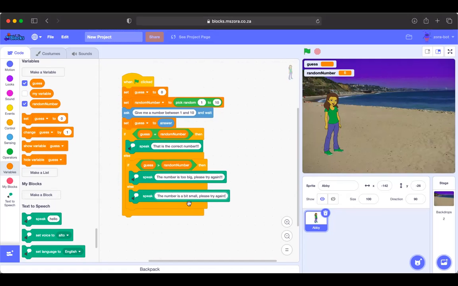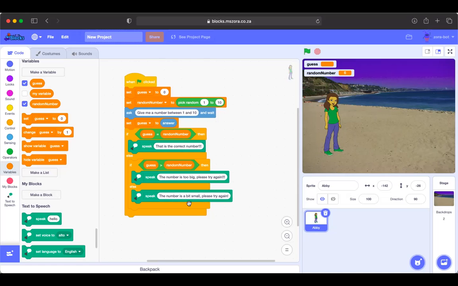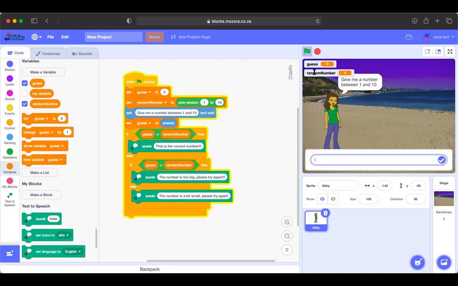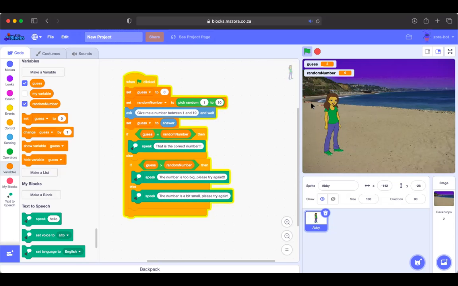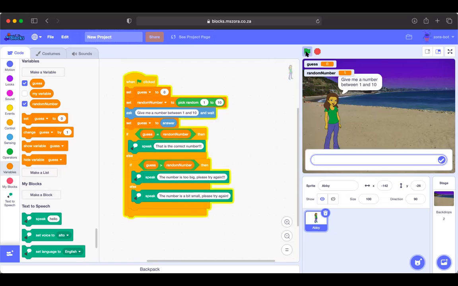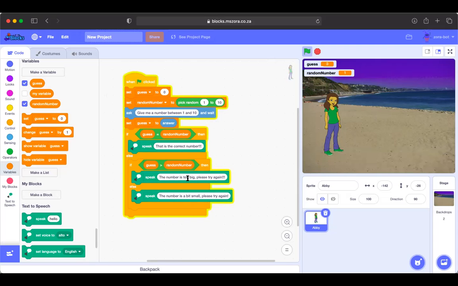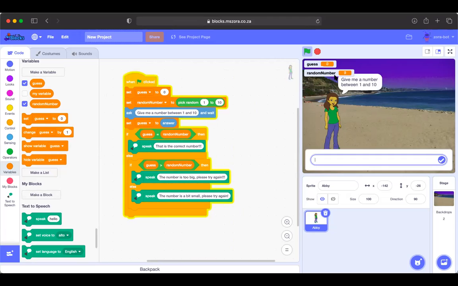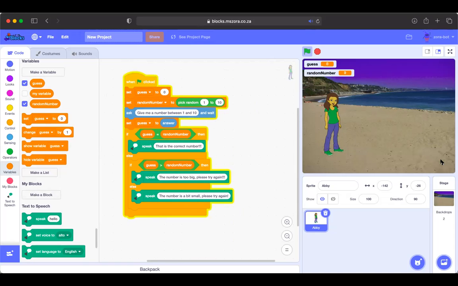All right, so the number is a bit small. Please try again. And let's see, guess a number. That is the correct number. Okay, so now we are going to say, let's start again. Now the number is 1, so we'll say 3. The number is too big. Please try again. You see, let's make it 8. The number is a bit small. Please try again. So you see that it says,